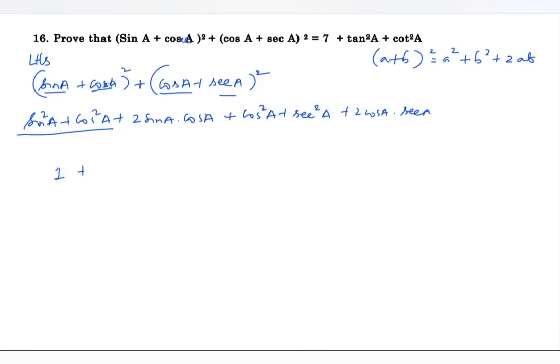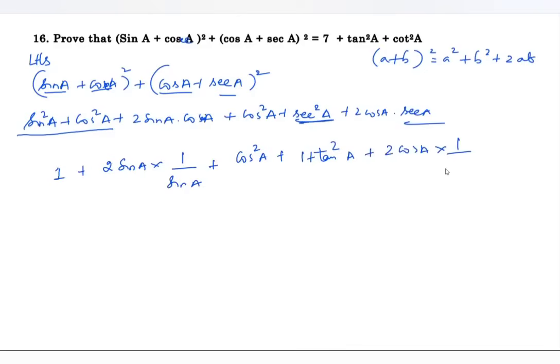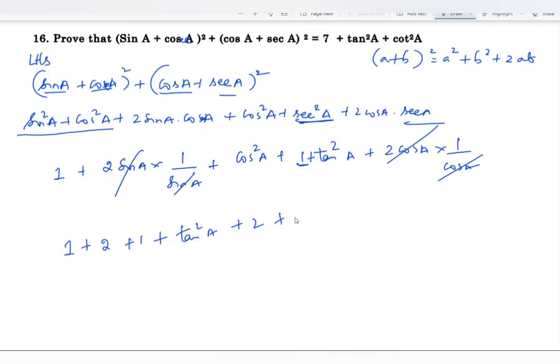Sin A plus cosecant A plus 2 times sin A. Cosecant A can be written as 1 by sin A, plus cos square A plus secant A can be written as 1 plus tan square A plus 2 cos A. Secant A can be written as 1 by cos A. Cos A, sin A will cancel out. 1 plus 2 plus 1 here plus tan square A plus 2 plus remaining is what? Cos square